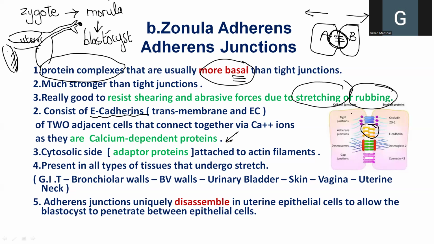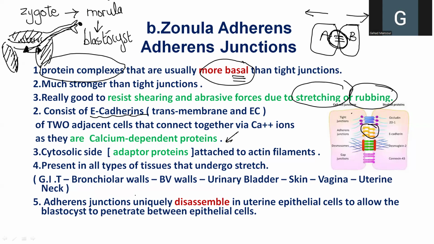So this is the uterine muscular wall, or a section in the uterine muscular wall. And here we have the cavity where the blastocyst will reach the uterine cavity and then will implant itself in the uterus. So in order for the uterine smooth muscle cells to allow this blastocyst to be